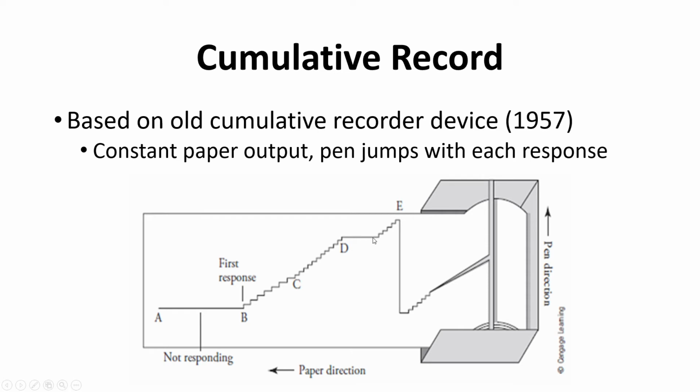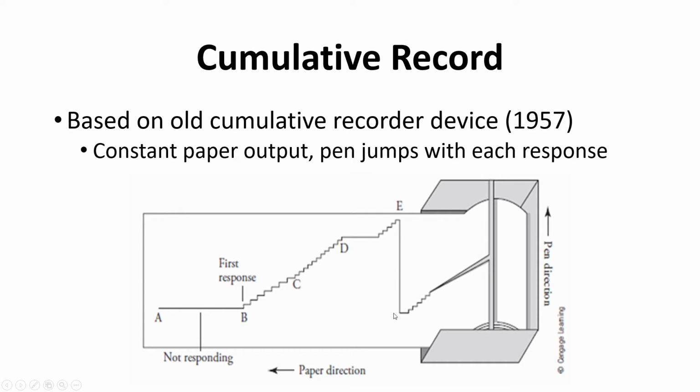And then we get to the top here and we have another period where there's no responding for a little while. And then we had more responding here, and then there's sort of a weird carryover. This you don't really see on modern graphs because it's kind of ugly and hard to look at. But this would just mean that the pen has hit the edge of the paper and the machine has reset